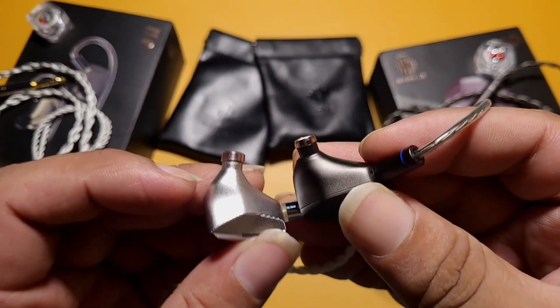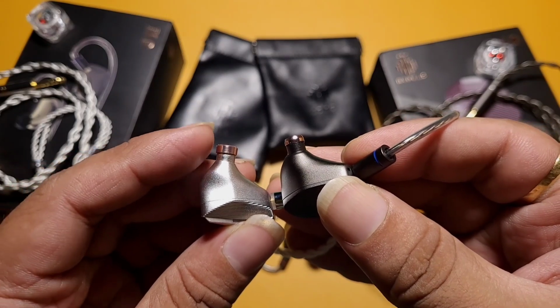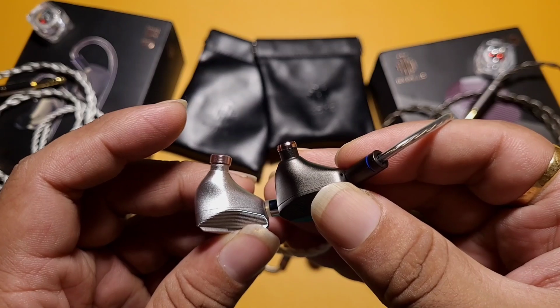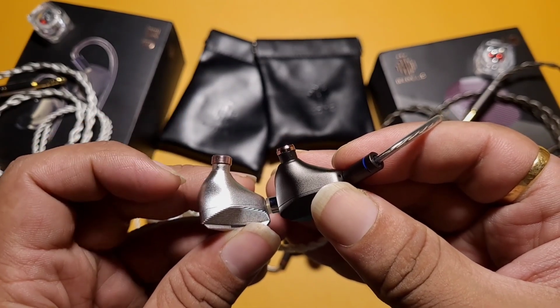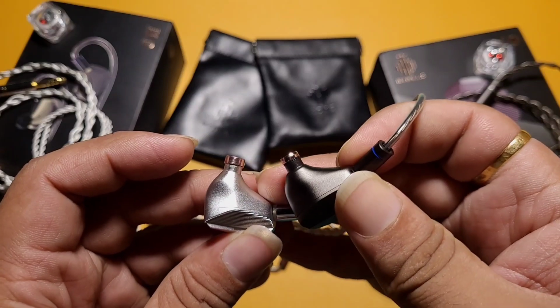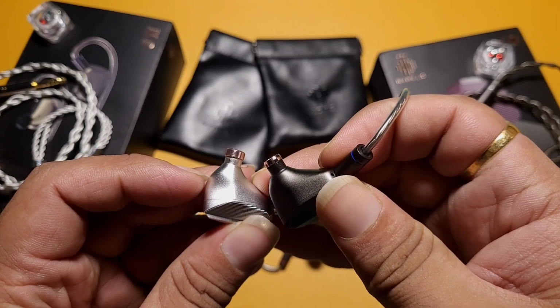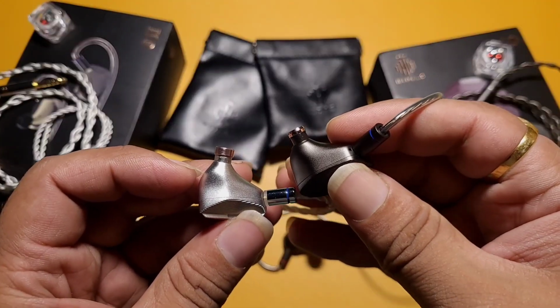You guys can see. Can you guys see? Yeah, the nozzle of the MP145 is slightly shorter than the MP143. Both are very comfortable with the fitting, so I'm not going to complain about the fitting or the depth of the nozzle, because you guys can see the body is fairly curved and most of the body goes inside the ear, so it is fairly comfortable and I do not face any issues when it comes to fit